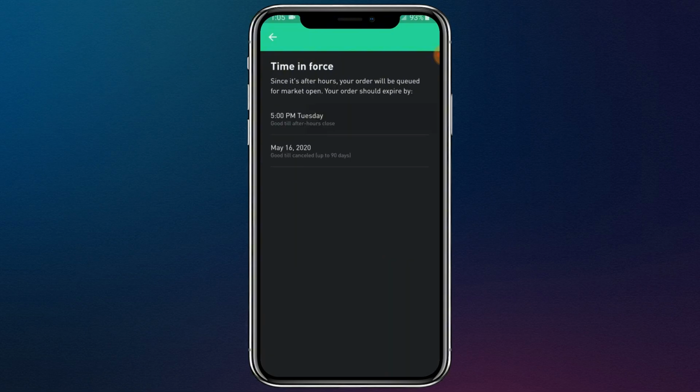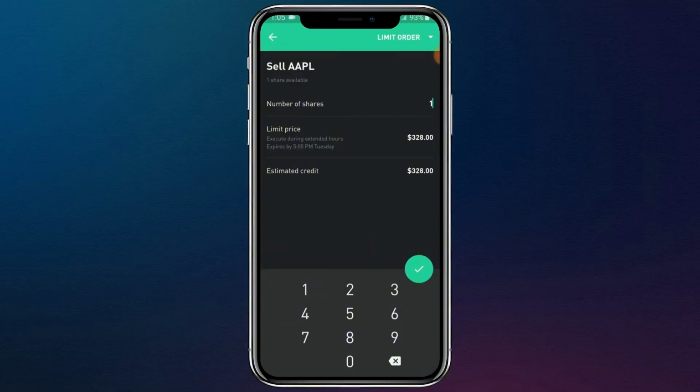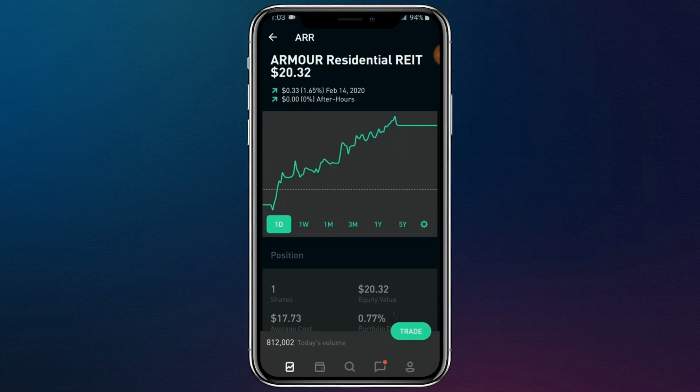Then, choose the time in force option on the screen, such as market hours or extended hours, by tapping on the selection area. Once everything looks correct, tap the review button at the bottom. Finally, swipe up on the screen to submit your sell order. When the stock reaches your set price, Robinhood will automatically execute the sale and the cash will be added to